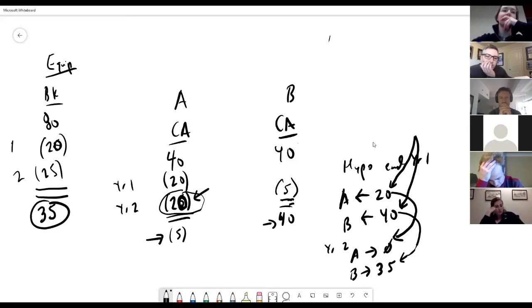The second point I want to make is students will say, well, obviously that 5 of depreciation has to go to B. We've determined it can't go to A. And that's right. That's good thinking. It's good logic. And then the next thing will be, well, in an exam, can we just say the other 5 goes to B? Do we have to go through the PIP stuff? And my answer is, I want you to go through the PIP stuff